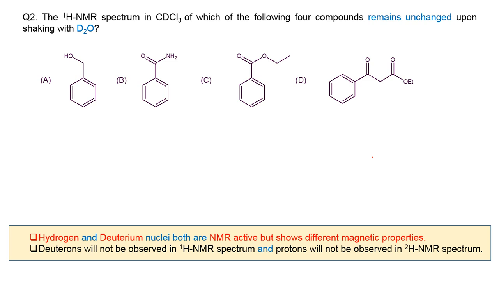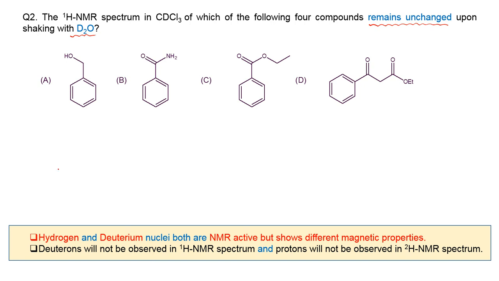In the second question, the 1H NMR spectrum in CDCl3 of which of the following four compounds remains unchanged upon shaking with D2O? This particular question is based on D2O exchange. D2O exchange is one of the techniques in 1H NMR spectroscopy where we are doing an exchange of hydrogen with